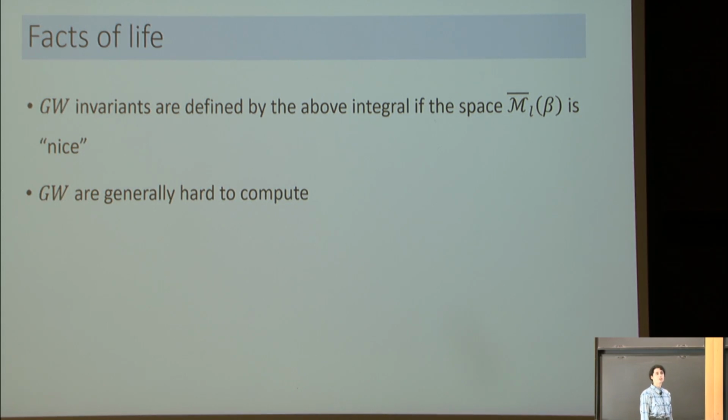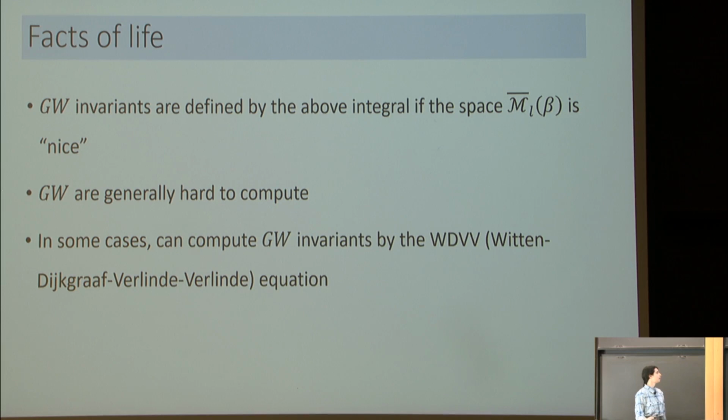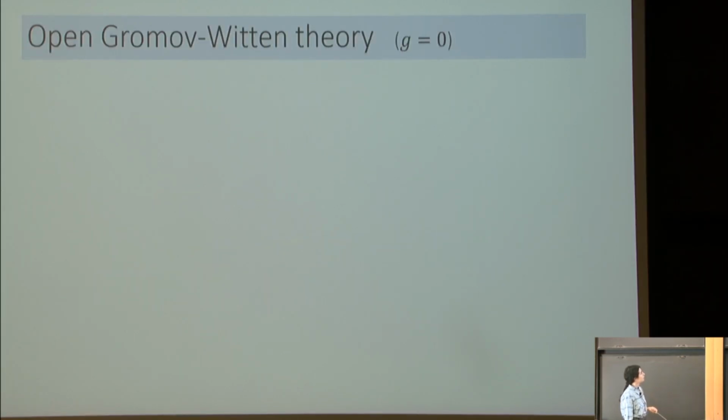Computing these invariants is generally very hard, but sometimes you can compute them using a cute gadget called the WDVV equations. Well, cute gadget is an understatement here, but it's an interesting creature that can be used, among other things, to compute invariants. And I will talk about WDVV a little bit later in more length,